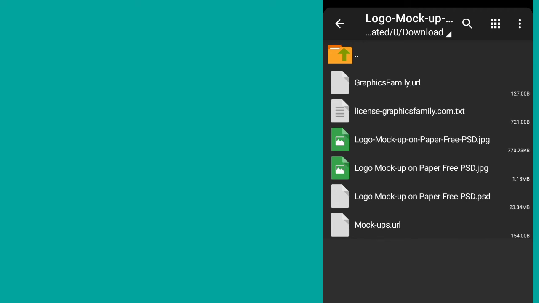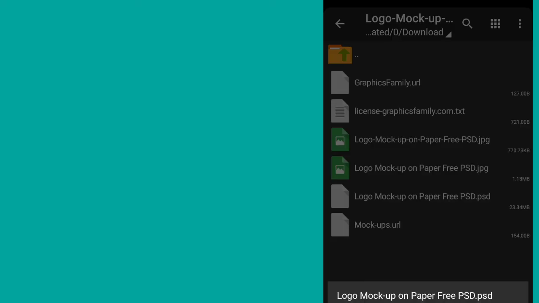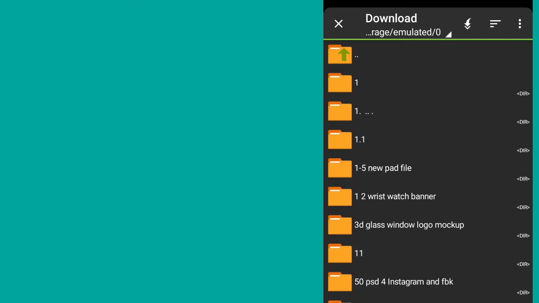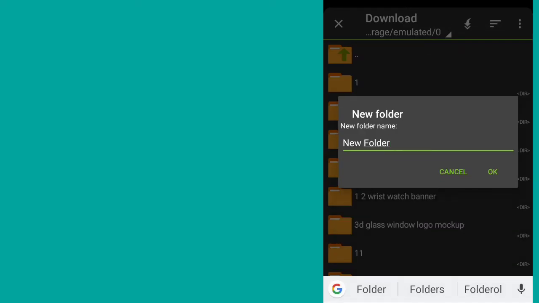So I'm going for the one having the highest megabytes, which is 23.84. Then I click it, click extraction. Now, after you click extraction, you see what pops up. Remember, immediately you click it once and click extraction, it pops up like this. You see at the bottom there is one down arrow. Don't click it yet, because once you click it, it will extract. Then click the three dots here. Click create. Click new folder. Then name it Tutorial.